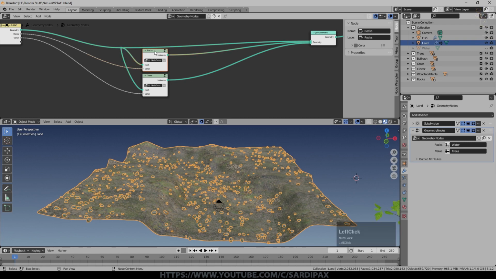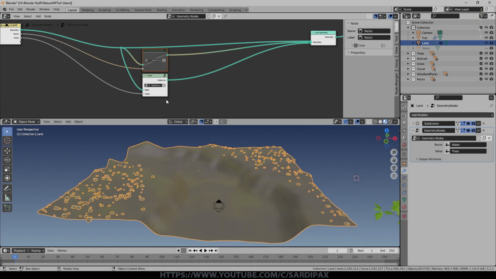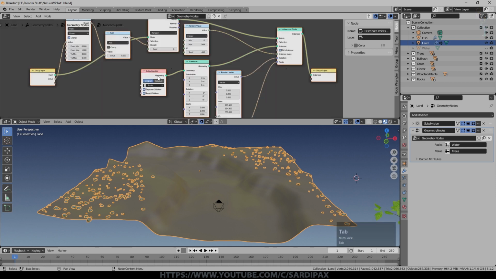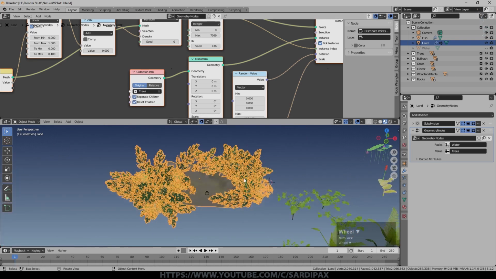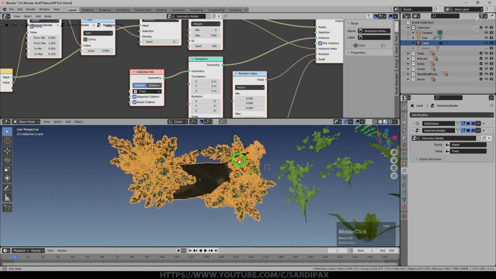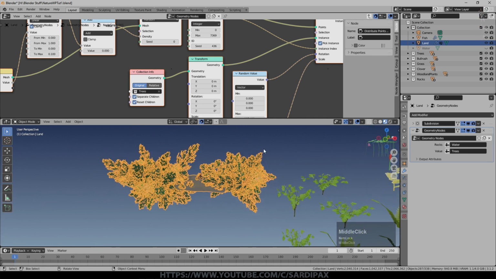If you want to, you can select one of the previous groups and just press M, and there you can see that the original rocks have now disappeared. You can see it sort of draws a line through it there, and I can see the rocks out here. So we can now press Tab with that one selected, and you can see we've got our rocks group here. I'll click in here and I will select trees. So obviously we've got a problem with rotation, which is not surprising because trees don't grow the way rocks rotate.